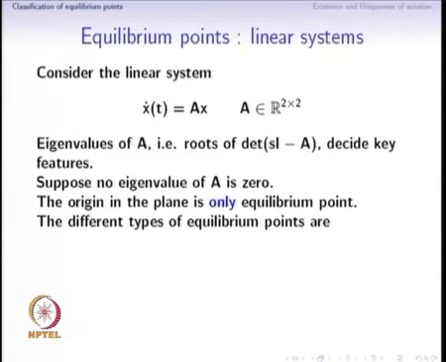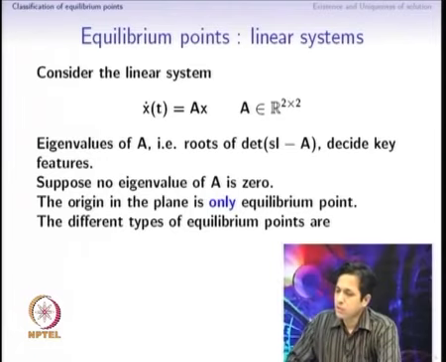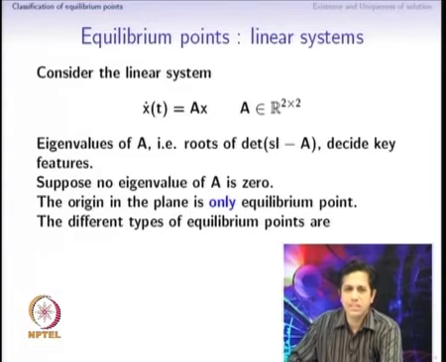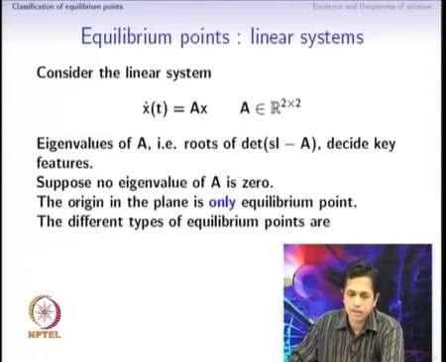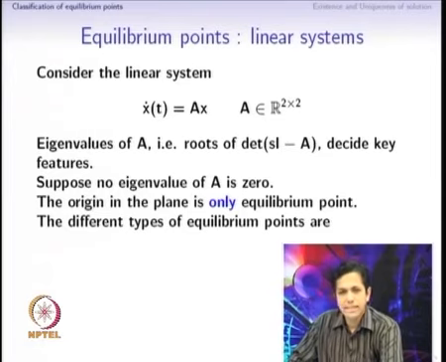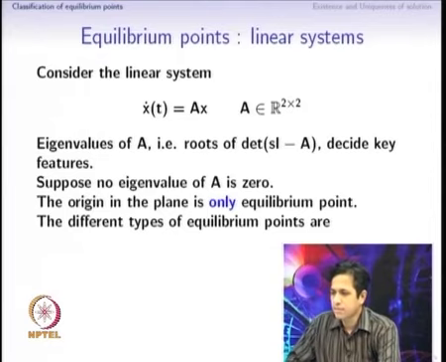So, consider the linear system x dot is equal to A of x, where A is a 2 by 2 matrix. We will start with linear systems because we are interested in a qualitative study of the differential equation. Qualitative study meaning we want to only extract certain features, whether it is stable, asymptotically stable, whether there are periodic orbits. For studying this situation, it turns out that linear systems have a rich set of possibilities, and that is the reason that we are starting with the case where A is a 2 by 2 matrix, and x dot is equal to A of x.